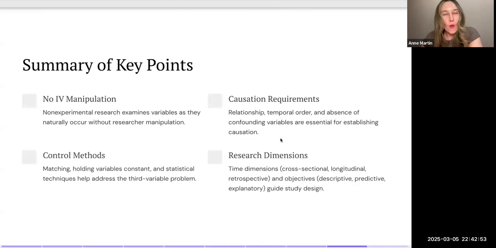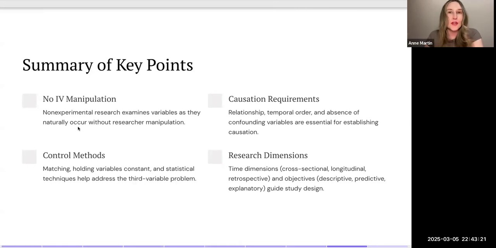So I am wondering what examples you can think of in education where non-experimental design would be a really useful design, because independent manipulation of the independent variable would be either unethical or implausible. However, it would still be an important research topic. So that is the key point when it comes to non-experimental research as opposed to experimental or quasi-experimental,